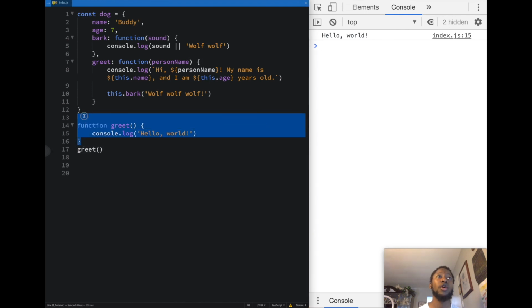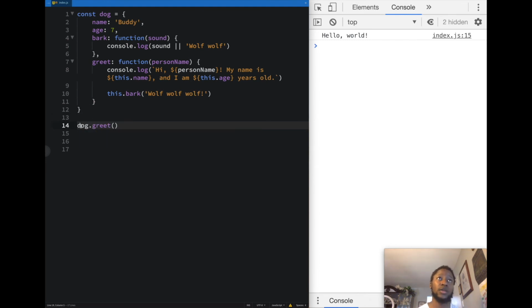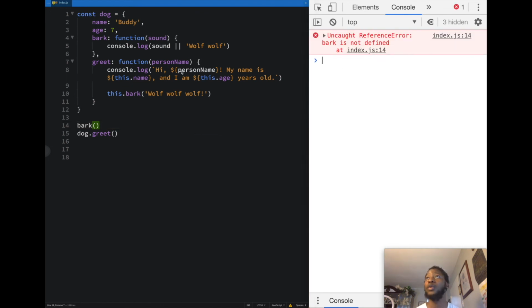But if we want to call the dog's greet method, we have to access that on the dog itself. So dog.greet. So never forget that. Remember, you can only access variables and functions that are defined in the scope. As I said, the function greet is not defined in the scope, but it is defined on dog. So you can call dog.greet. The same thing goes for bark. You cannot call bark because it's not defined in the scope. It is only defined on dog. So dog.bark yields